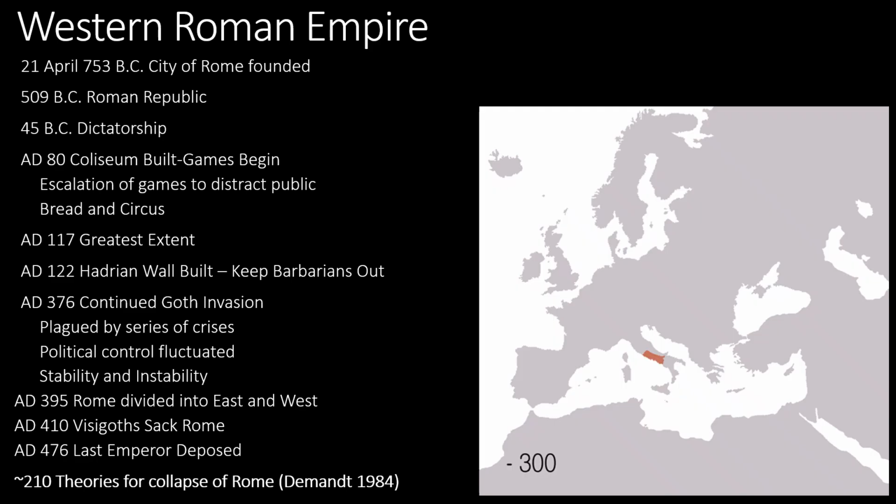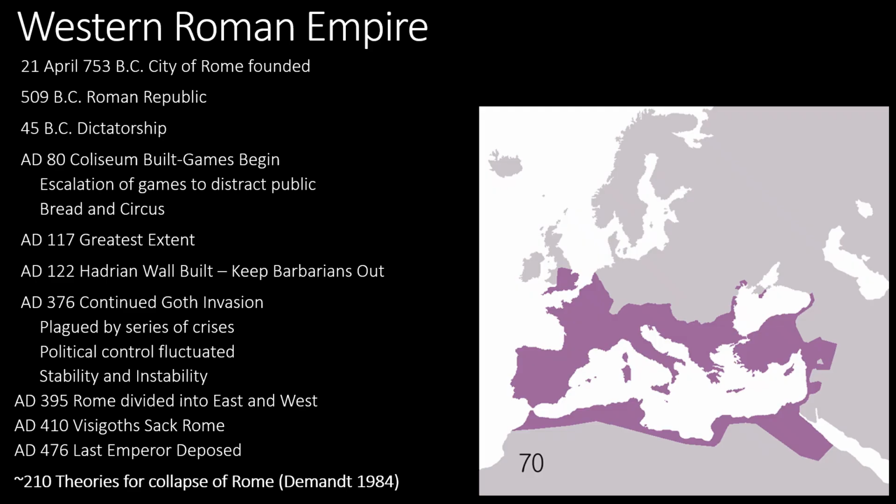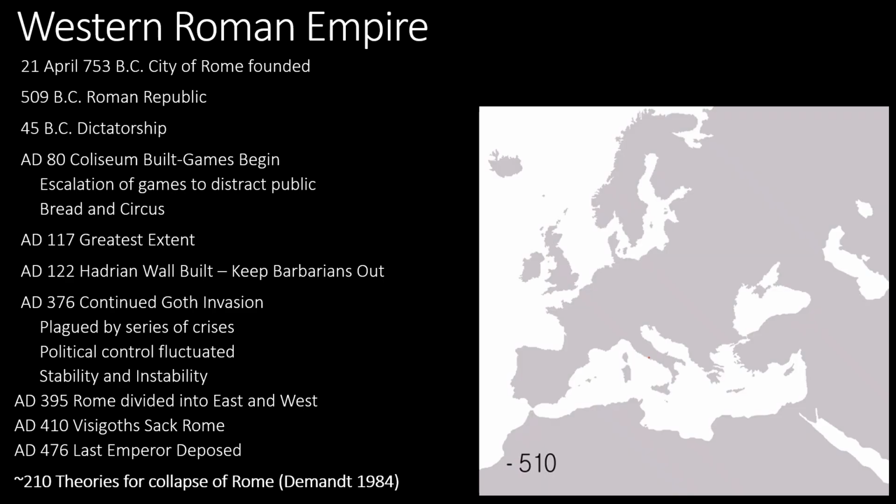And by AD 122, Hadrian's Wall was built to keep the barbarians from Scotland out of the southern half of the British Islands of the Roman Empire. By AD 376, there were continued invasions by the Goths from the north of the city of Rome and from the Roman Empire. And from that point, Rome was plagued by a series of crises, not to mention the continued